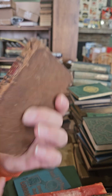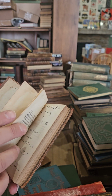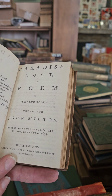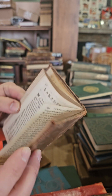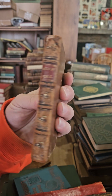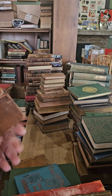Looks like we got Milton. I think some odd Milton volumes. This is Paradise Lost, published in 1766. In 12 books, this is like book 1, 2, 3, 4, 5, 6. So this is the first half of Paradise Lost. I don't think I have the second one, but this looks like another